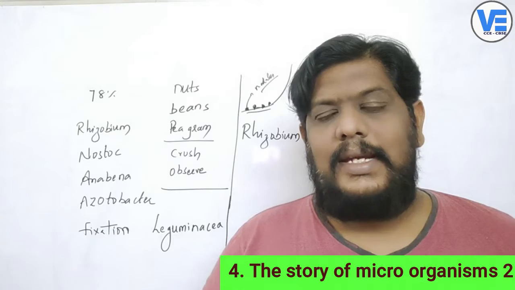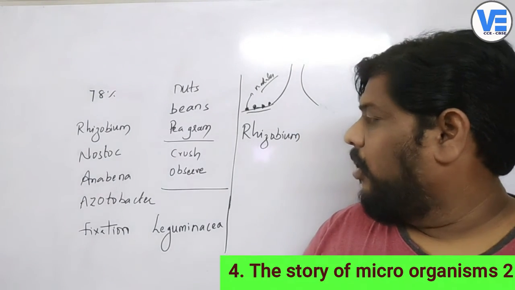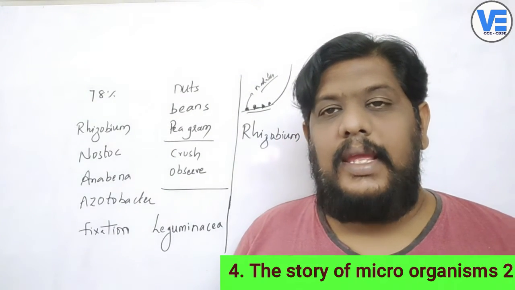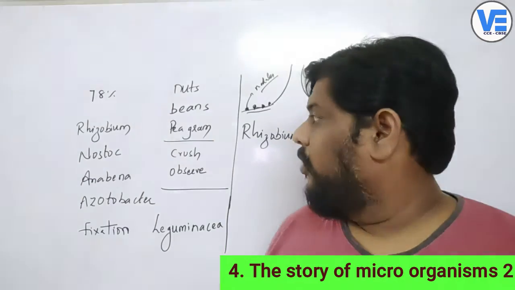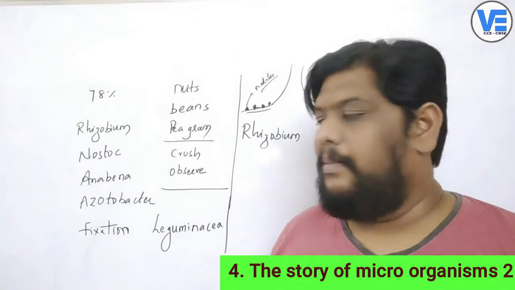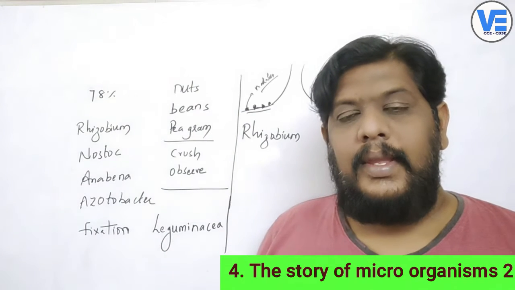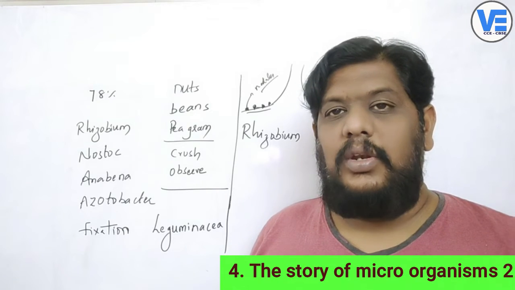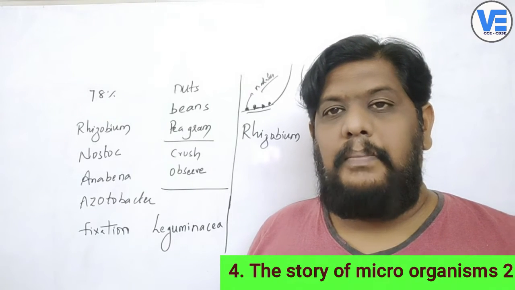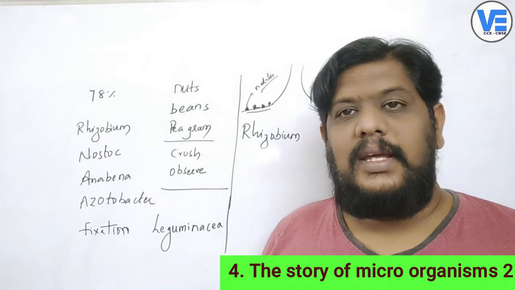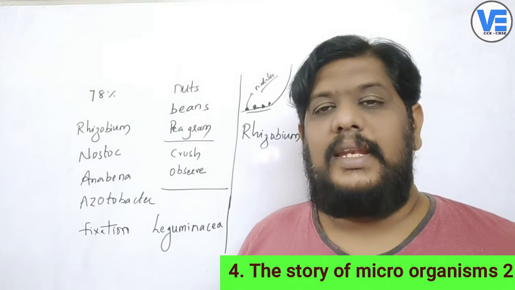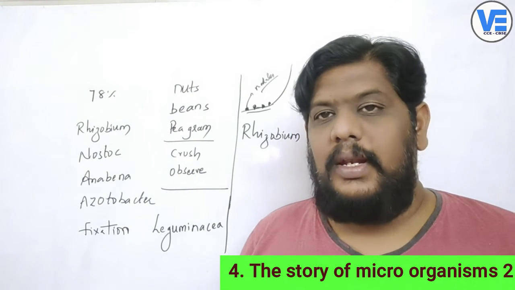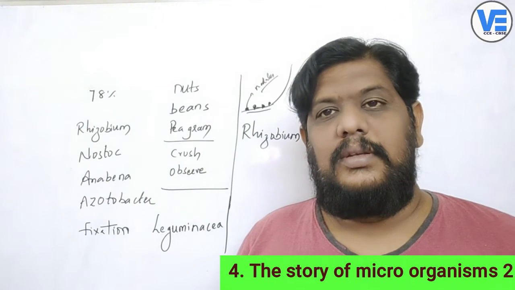Okay, now let's take an example of one of these kinds of microorganisms, especially in the plants which belong to the Leguminosae family. All the pea gram or the beans or the nuts belong to a family called the Leguminosae family, and the plants which belong to it will have roots, and the roots will have nodules on them, where a bacteria called the Rhizobium bacteria or the Azotobacter, or you can say nitrogen fixing bacteria, are present, which will help the plant to get the nitrogen. Okay,